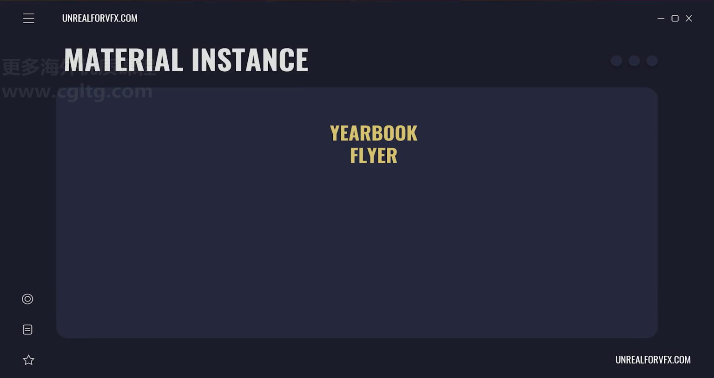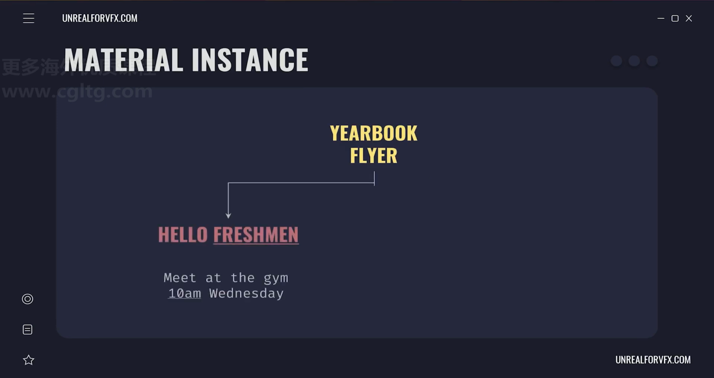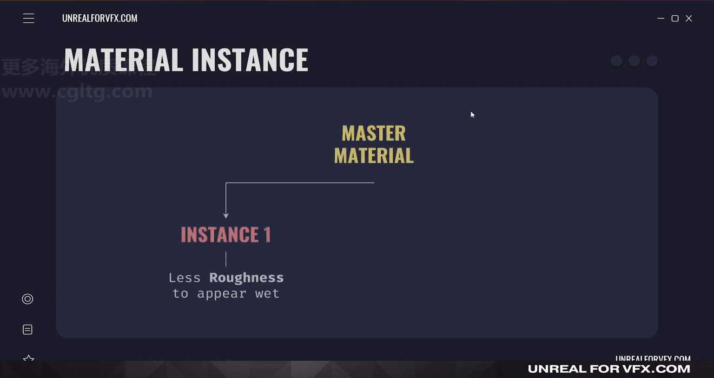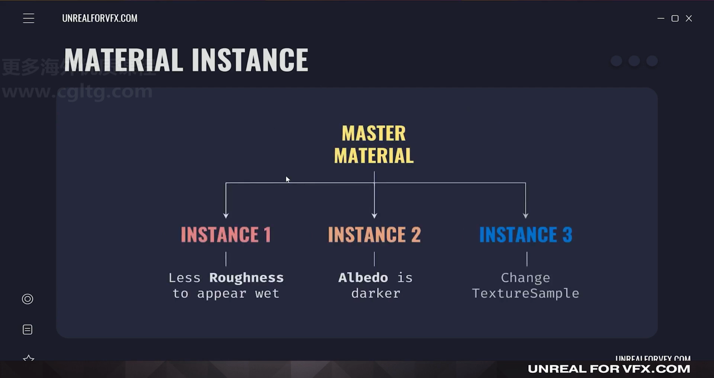But now let's say we need different information depending on the grade. The freshmen need a different flyer saying we need to meet at the gym at 10 a.m. The juniors need to find out that they need to meet there at 2 p.m. on the following day. And the seniors have completely different instructions. So we need to build our template, our yearbook flyer, in a way that we can just swap out and change the specific things that we want to, like the headline, the color of the headline, and what time we need to show up. So what this would look like is we're going to make our master material template, and